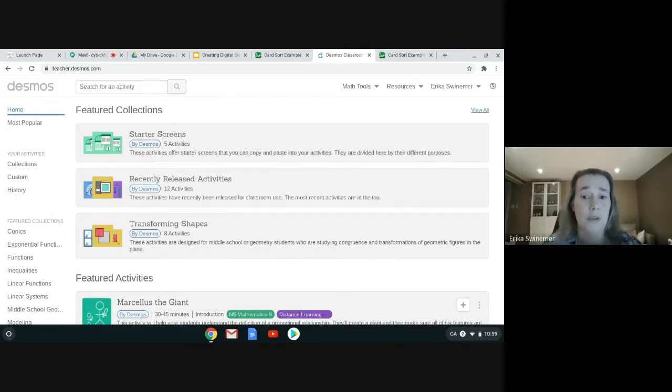There's also activities you can find if you go to Google. So you can Google Desmos and whatever it is you are looking for, and you'll have access to any of the activities that have been created by other educators, because Desmos makes it very easy for you to create your own. And that's what we're going to take a look at how to do today. So I'm going to hit custom,